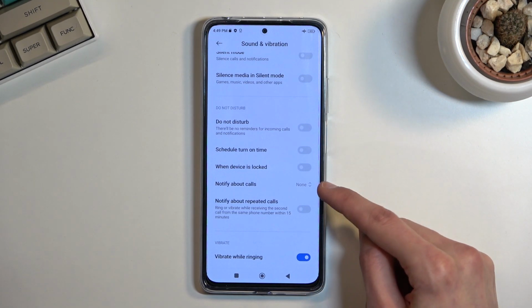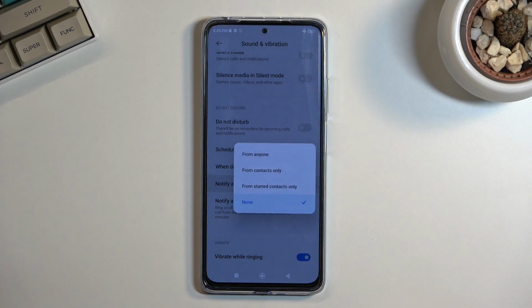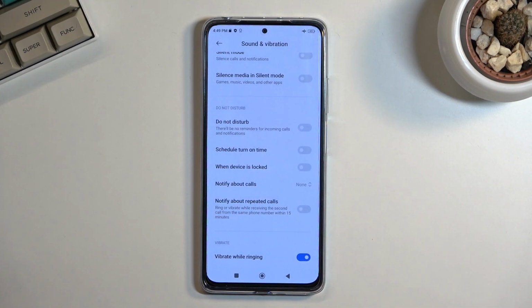And the option before that was notify about calls, so we have none, starred favorite contacts, just contacts, anyone or no one. So choose whichever one you want. And that's all the options we have here. So once you went through those and customized them to however you want it to function, you can close this,